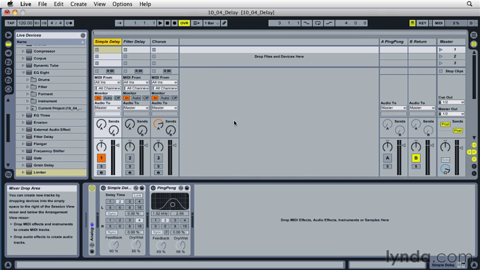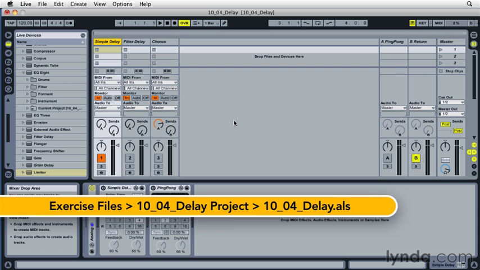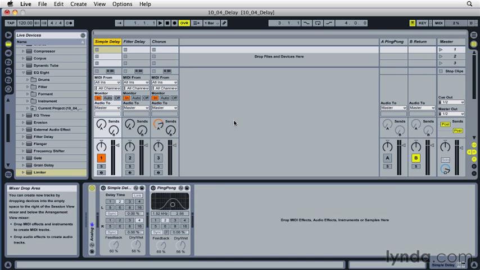In this video, we'll learn about delay effect devices and how they can help turn a stale mix into a much more interesting song. Delays are devices that delay or hold a copy of a signal for a user-defined amount of time. When the delayed signal is mixed back in with the unprocessed signal, it adds a sense of depth